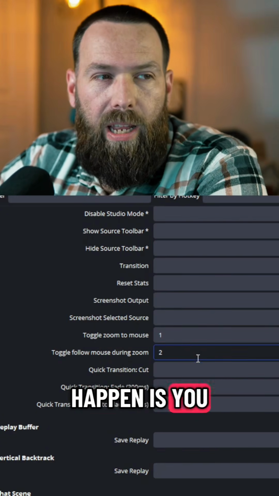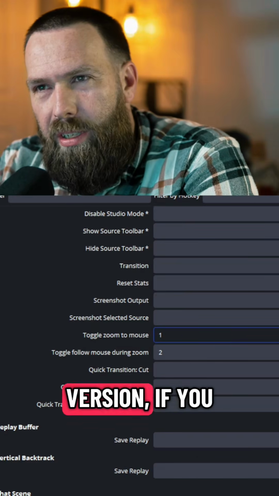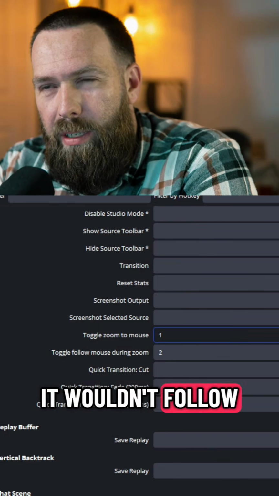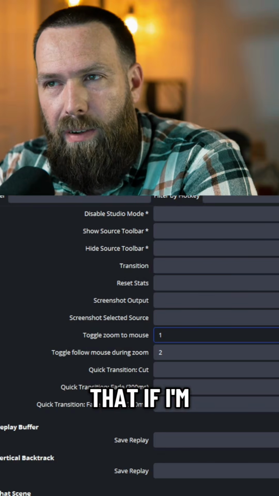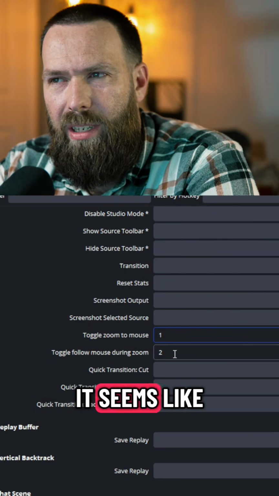Basically what's gonna happen is you can have a zoom to mouse on 1. On the old version, if you moved your mouse, it wouldn't follow it. So I would have to set a hotkey that if I'm zoomed in, it's now gonna follow my mouse wherever I scroll on the screen. It seems like for this one,